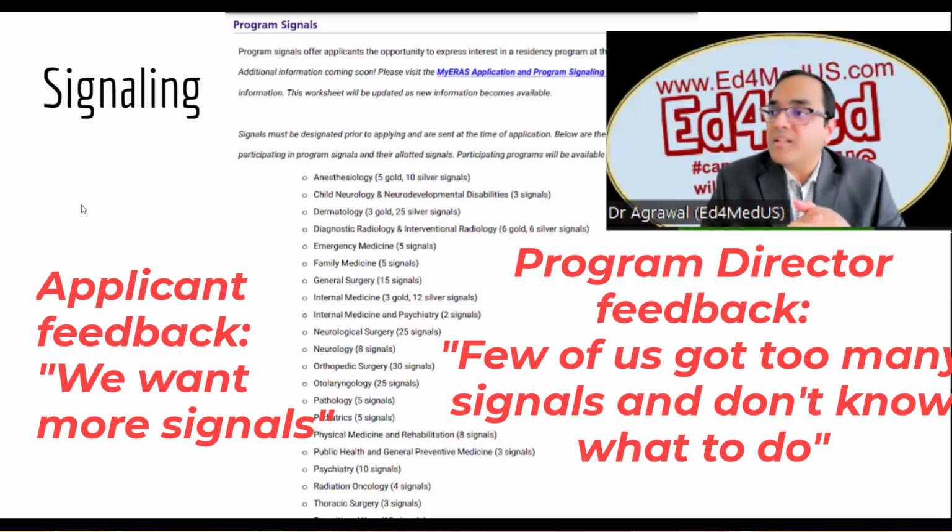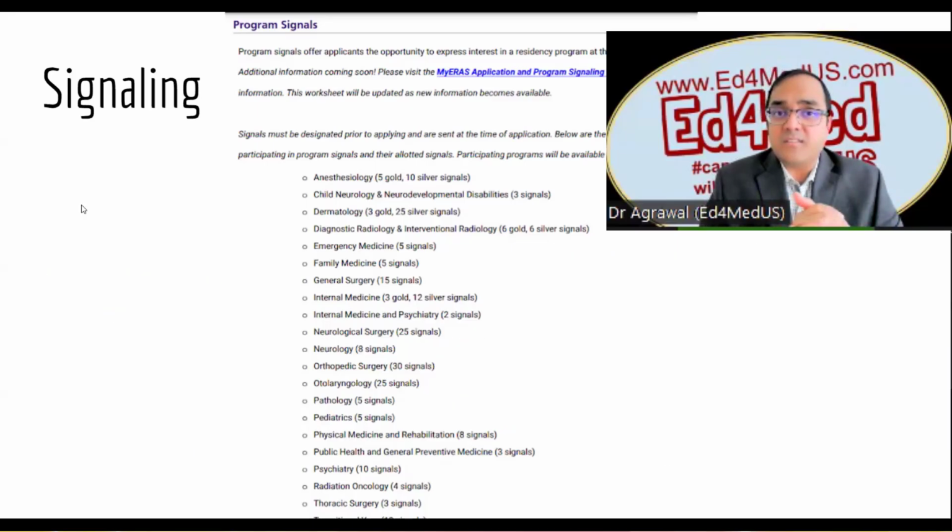So if a program, say, is getting 2,000 applications and say 500 signals, it's very, very difficult to understand what to do with the signal. Should that program recognize a signal? Should it not look at the signal? It becomes very confusing. That's why ERAS decided to increase the number of signals.